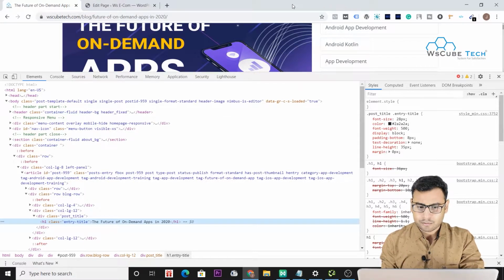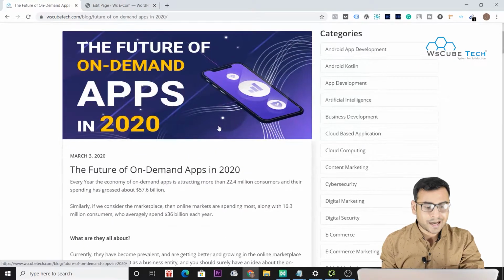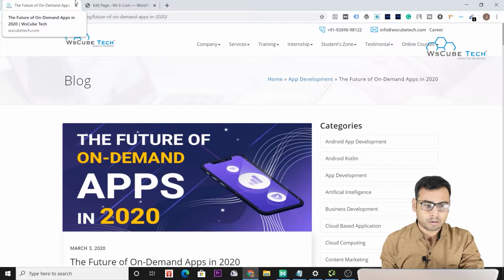When we hover our pointer on the browser tab bar, we can see The Future of On-Demand Apps in 2020 and WS Cube Tech.